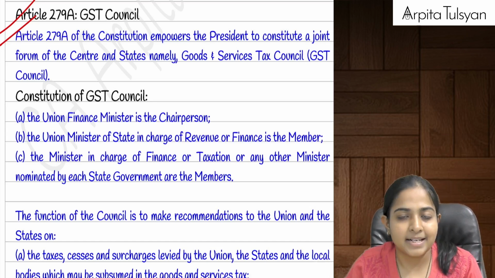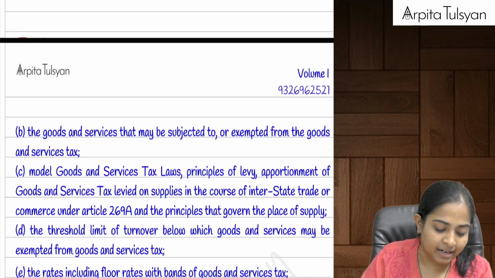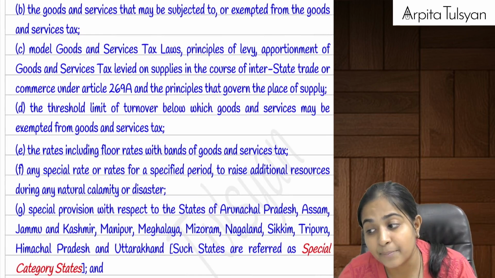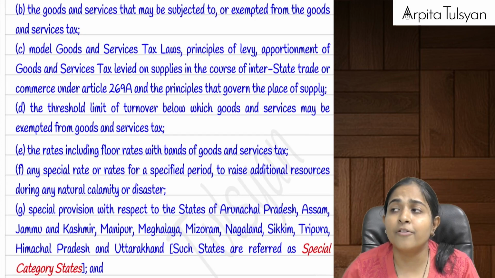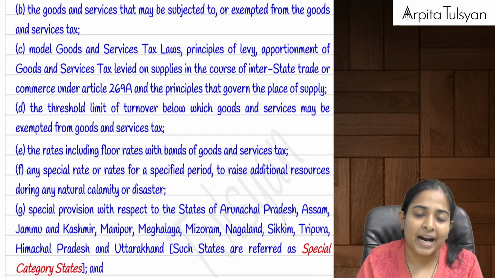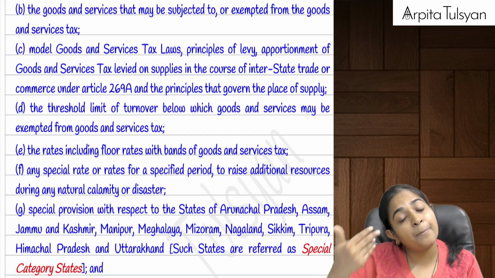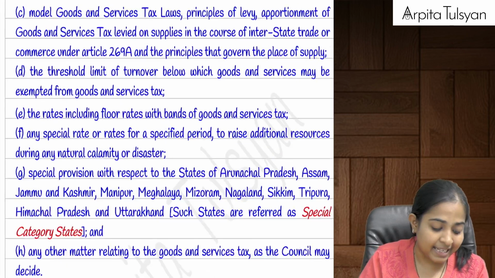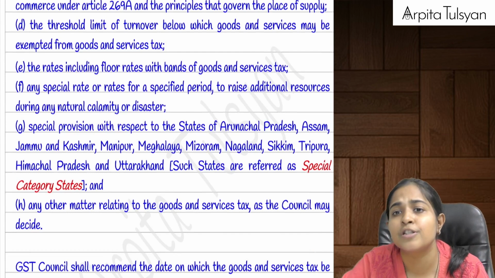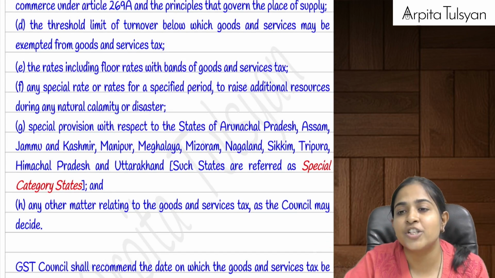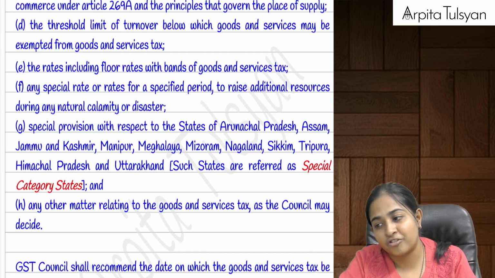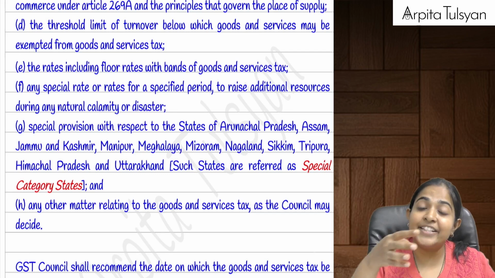That is, how much percentage of GST should be levied. Then which products should be exempted, which products should be made taxable. Then we will also notify some states which were economically backward, which we want to bring at par with other states. So some states will be classified as special category states, which will be given some special exemptions, or some special provisions will be made applicable to them. Then what will be the threshold limit for registrations, then how the IGST will be apportioned